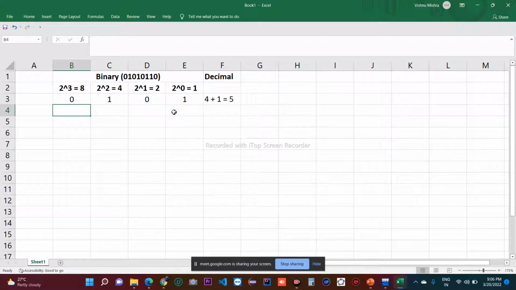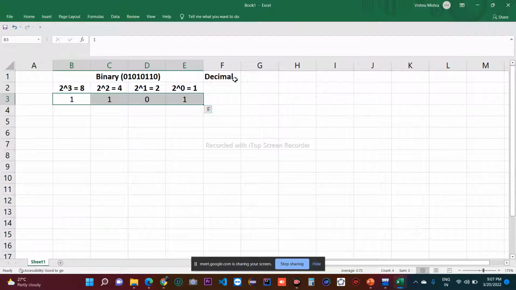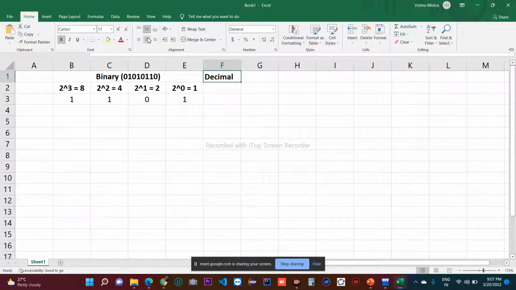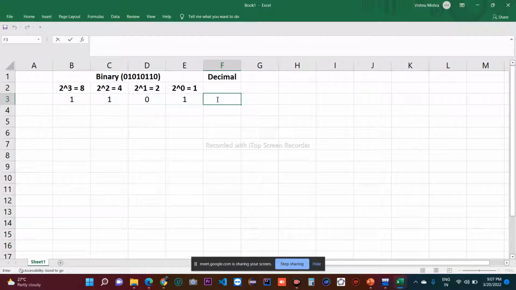Let's first understand the conversion of binary to decimal, then it will be easy. For example, I write 1 1 0 1. What is the decimal equivalent of this number? This is a binary number, and I want to find the decimal equivalent of it. So how is it found out? Nothing, we will write